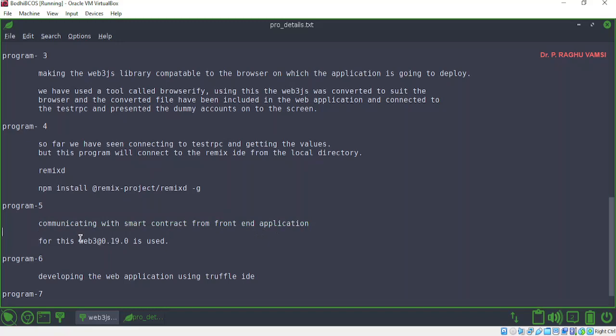For this, I have used Web3 0.19.0, because this is the older version, in which the promise technique has not been implemented in the APIs. So directly, like a normal function, we can instantiate and we can get the values. That is the reason it will be very comfortable for us to use Web3 0.19.0.